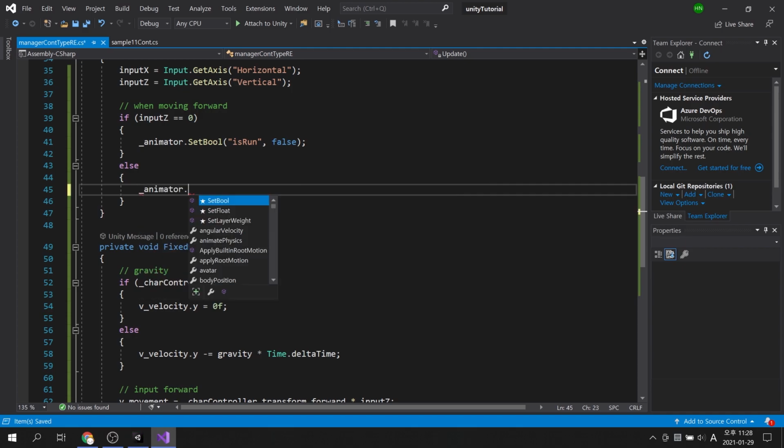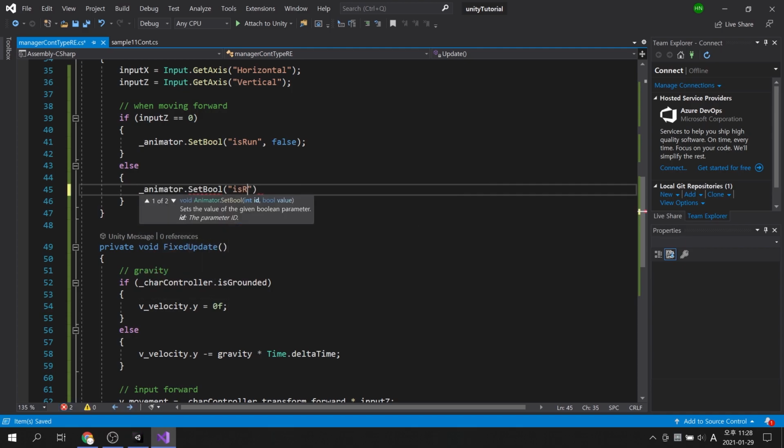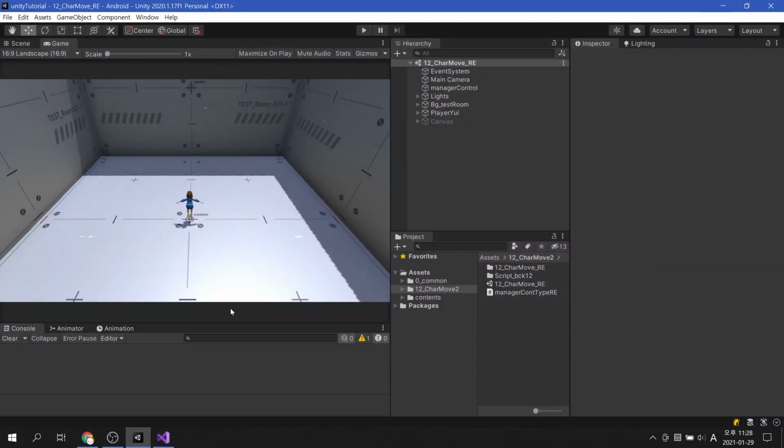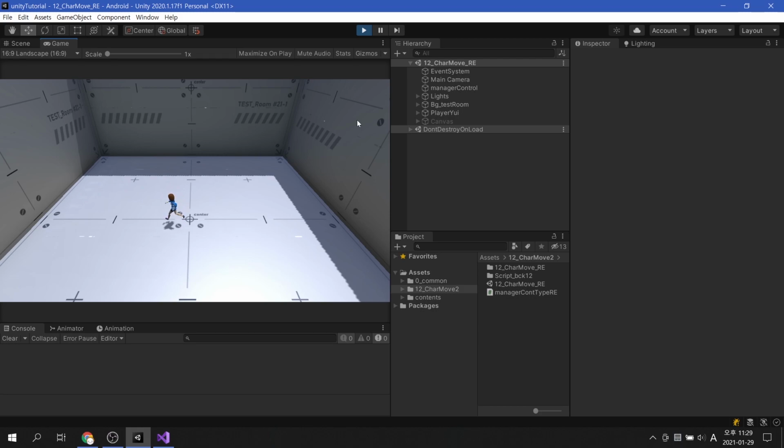In the opposite case, the setting of that parameter should be true. It's okay as it is now, but the idle animation playback doesn't look very good when the character is rotated.